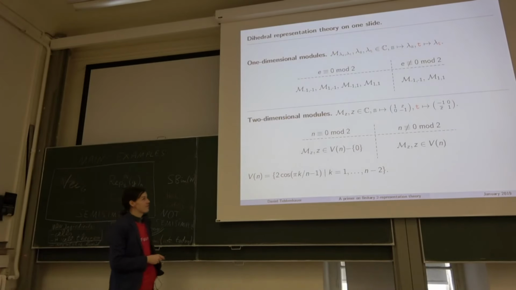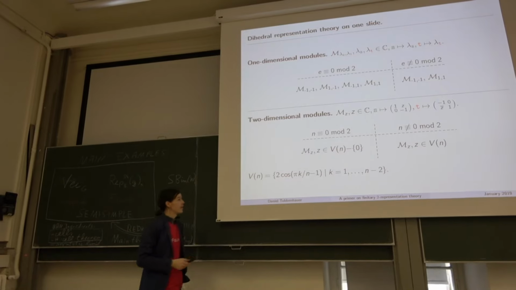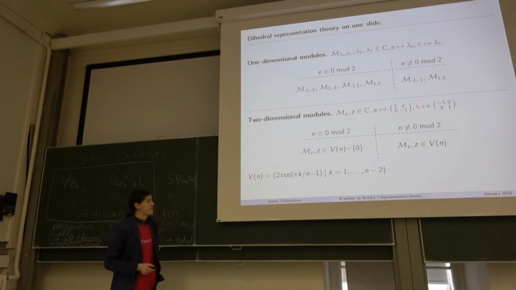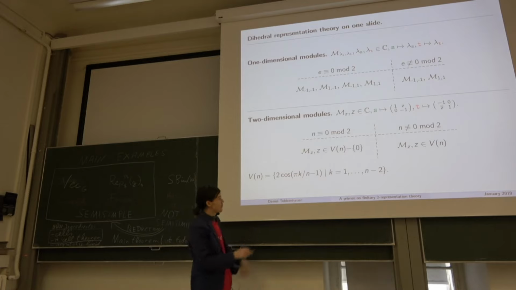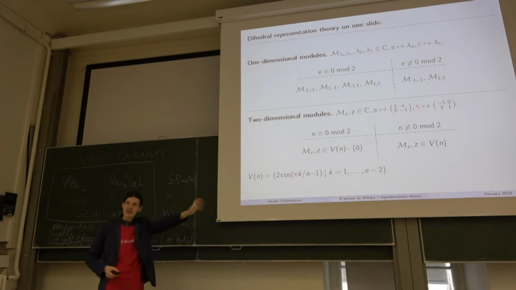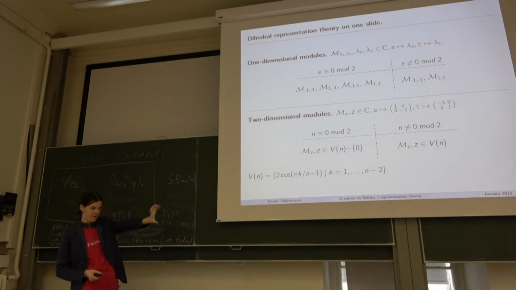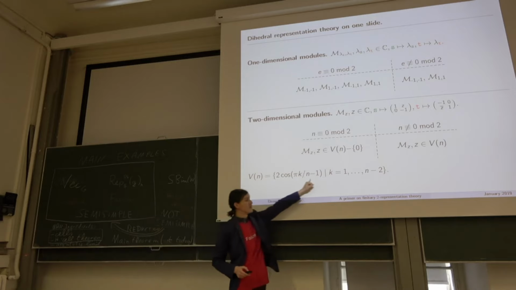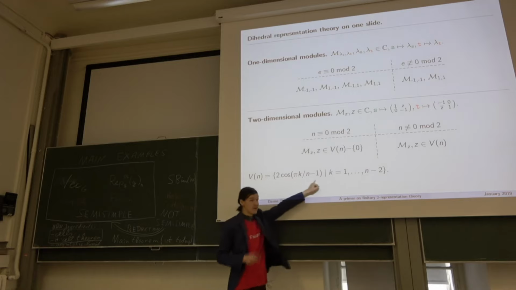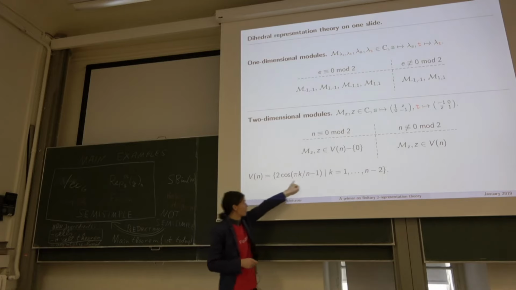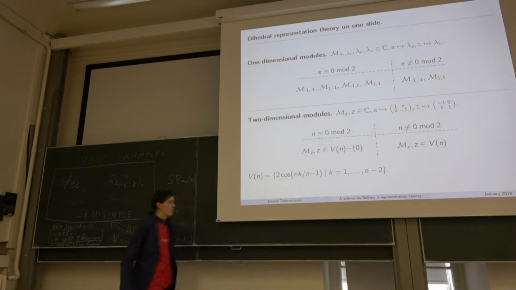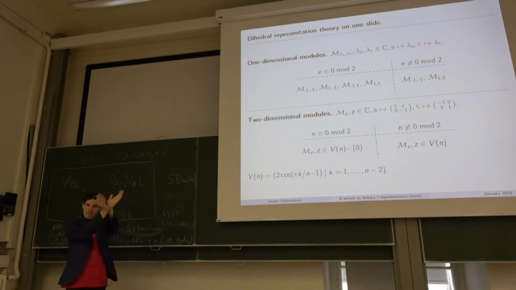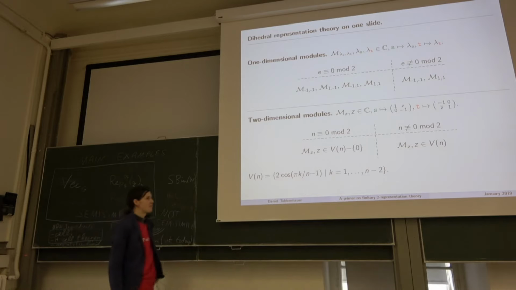The two-dimensional representations are a little bit more interesting. They are given by those matrices, which are basically given by the rotation action of the dihedral group on the corresponding polyhedron. They are given by specifying a certain very strange number here, which we don't like from the viewpoint of categorification. You will see later why or how it turns up: a certain cosine number, which is basically the angle between the two hyperplanes.